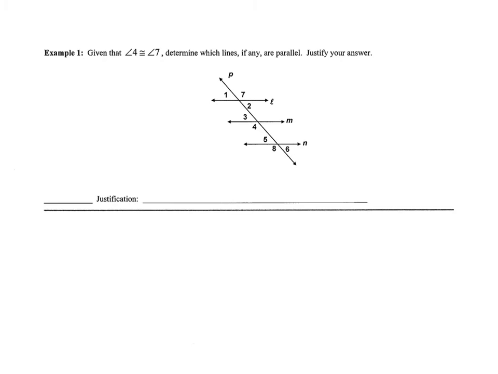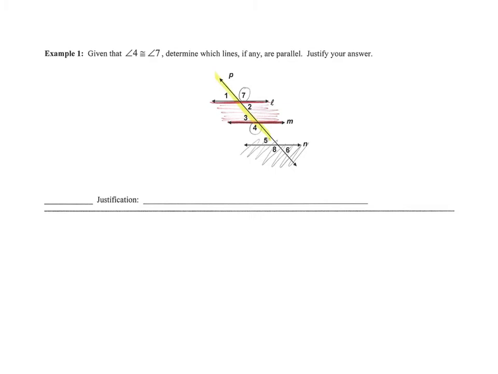Example 1 says that given that angle 4 is congruent to angle 7, determine which lines are parallel. Well, first of all, we're just going to cross out line N because that doesn't have anything to do with where 4 and 7 are. So go ahead and mark up the lines L and M with your red pen. And we can identify now, looking at this picture, that 4 and 7 are alternate exterior angles. So my conclusion is line L is parallel to line M, and the justification is the converse